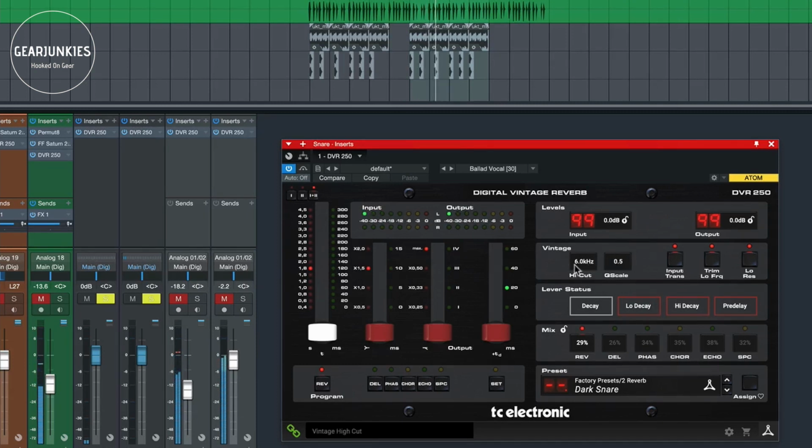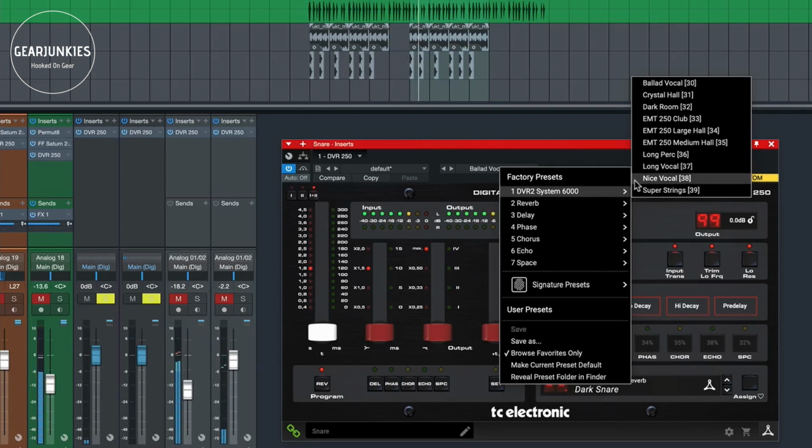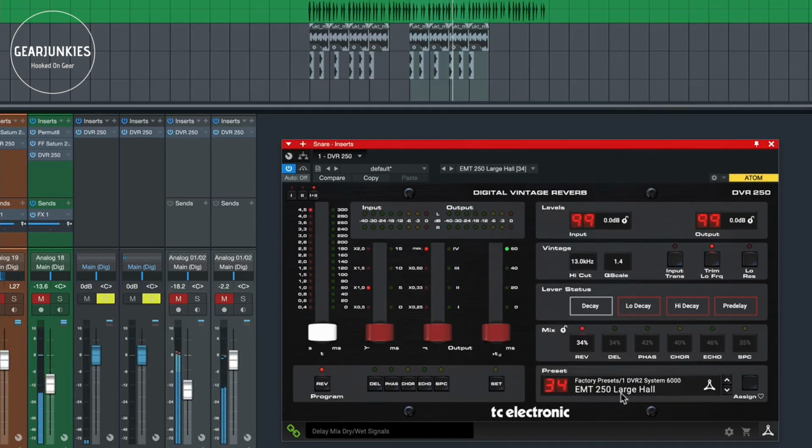It has a vintage mode, which is currently set to 6 kilohertz, which means the effect plugin will sound a little bit more gritty. And there are some other scale factors here that you can manipulate, and of course there's a whole selection of presets here. It emulates the DVR System 6000, which was also an EMT 250 emulation built by TC Electronic, and I can make a selection here, for instance,